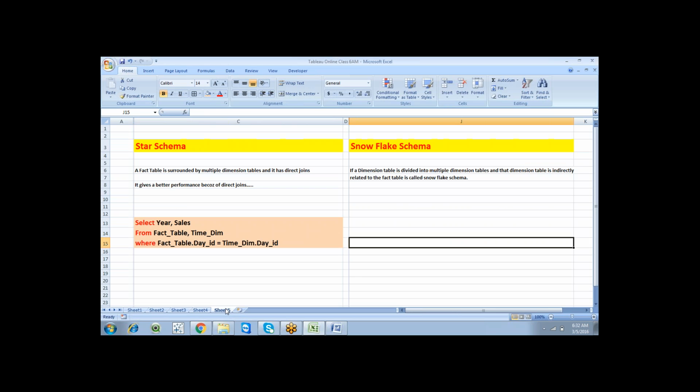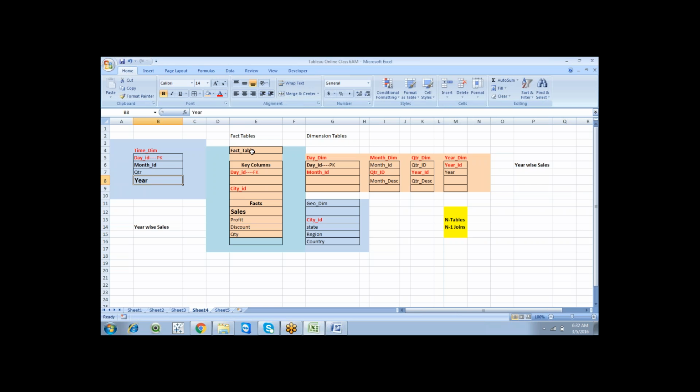So select year, sales from fact table, dimension table, where fact_table.day_id equal to time_dimension_table.day_id. I have a day column.